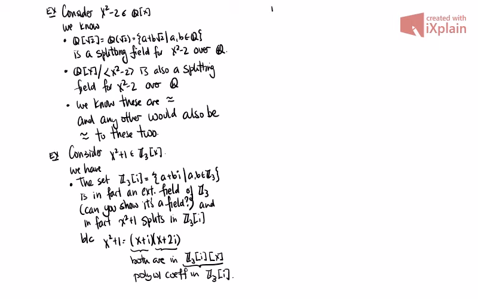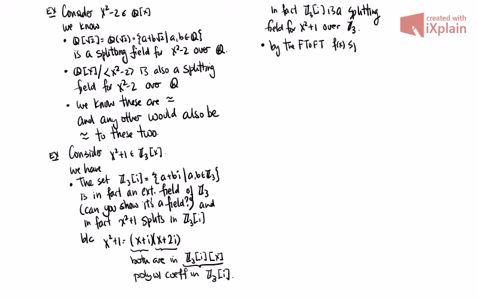Now, it also turns out that this is a splitting field, again not completely obvious, for x squared plus 1 over Z3. I'll make a comment about which things you should look at in a second. But in addition, by the fundamental theorem of field theory, f of x splits because it's degree 2 and has a root, and therefore has a linear factor, and therefore factors completely in the extension field